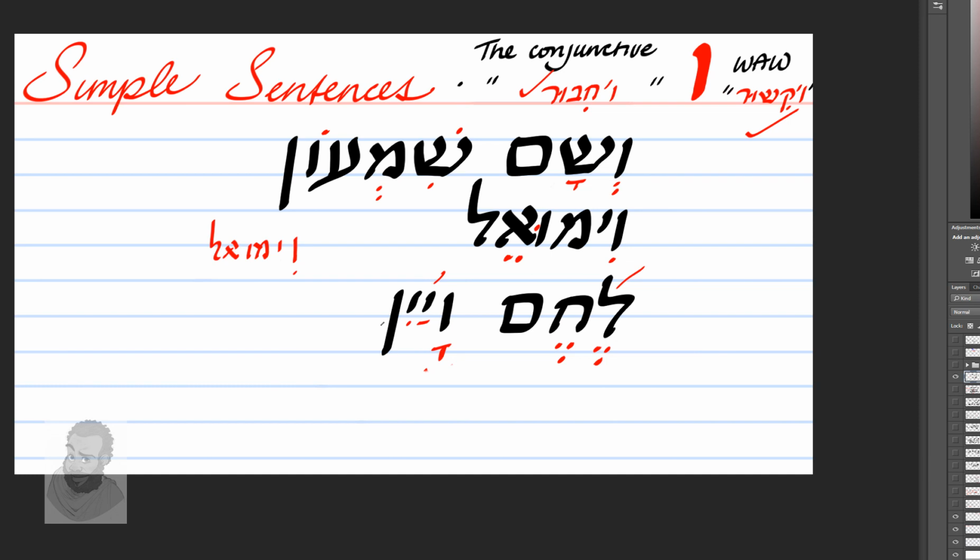So lechem wa yayin. Now, when it comes to pauses in Hebrew, it is only in classical biblical Hebrew that you'll find this. Modern Hebrew, maybe in the early 1900s, and this is when they were starting to form Medinas Yisrael, the state of Israel. Okay, this is when they were now thinking of it. Between the 1800s and early 1900s, they tried sticking with how the Hebrew was in the Bible. As time progressed, who cares? Now, at least in their view, who cares? Okay, so